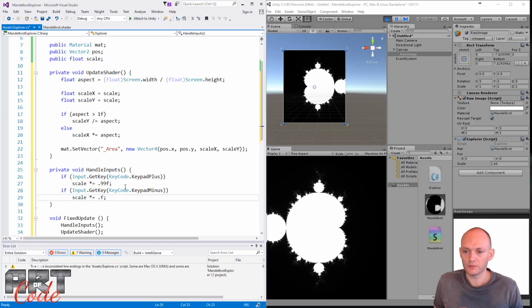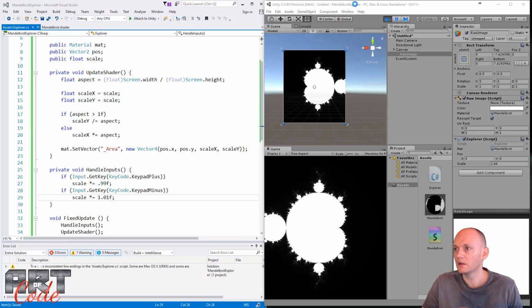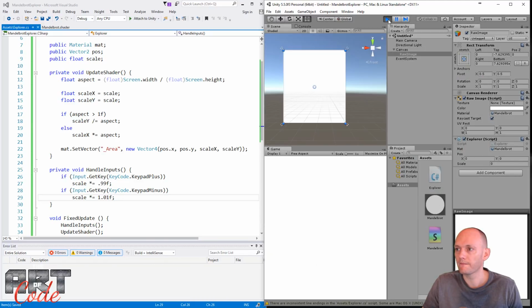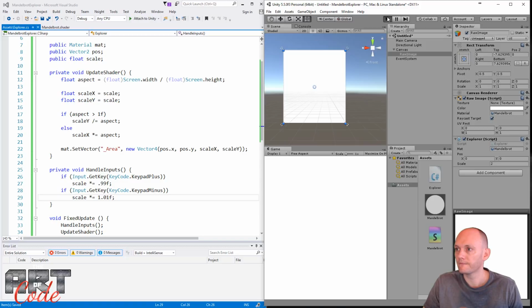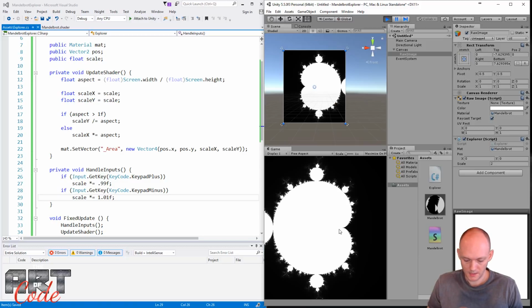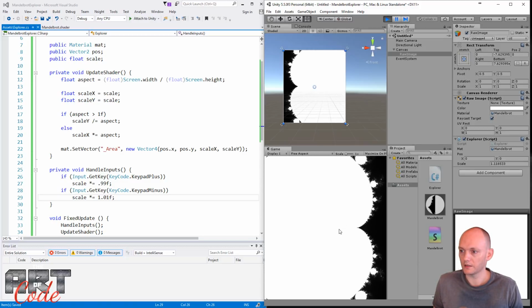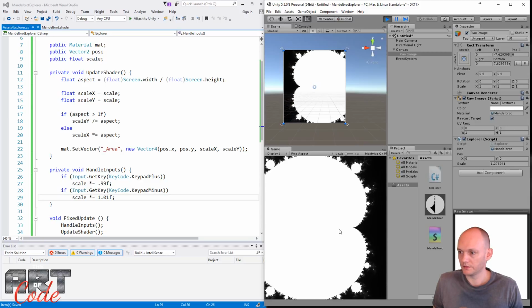And for minus, we want to set just on the other side of 1. So let's say 1.01. Let's see what that does. So save this. I have to restart this. And actually, before I do that, because this is annoying, let me just make it that it always starts at 2. Okay, there we go. And now if I press the plus on the keypad, it will zoom in, and minus